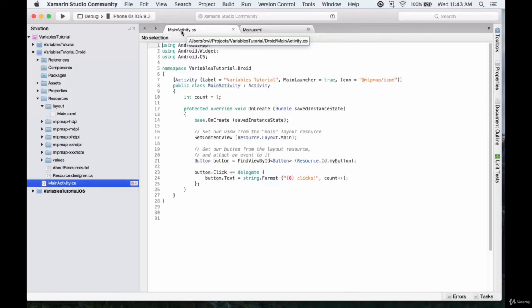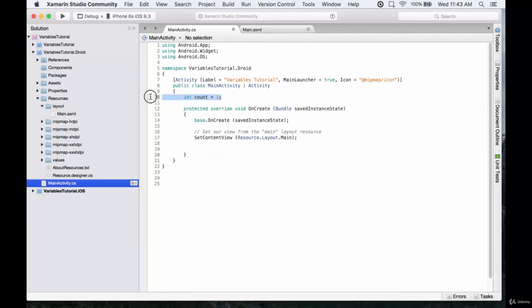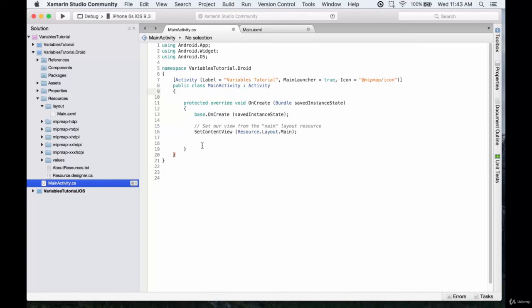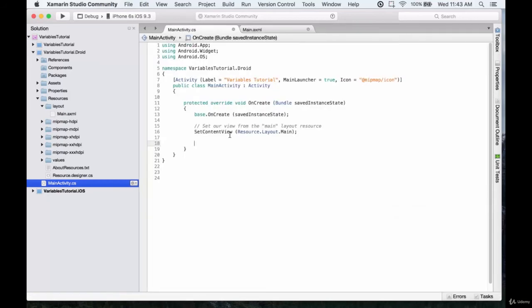If we switch over to mainActivity.cs, very similar to iOS, we have these button handling functions. We're going to get rid of that, and we're going to get rid of this variable up here, just because we don't need them and we don't want extra code cluttering up our space. Now we have to do something that we didn't have to in iOS. We'll have to initialize this field. So this text field that we have up here, we're going to have to initialize it, and then we can reassign it. So what we're going to do, this is a type text view,